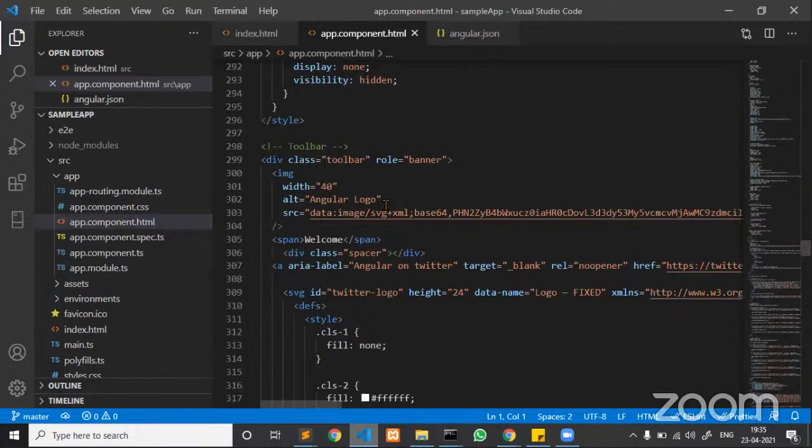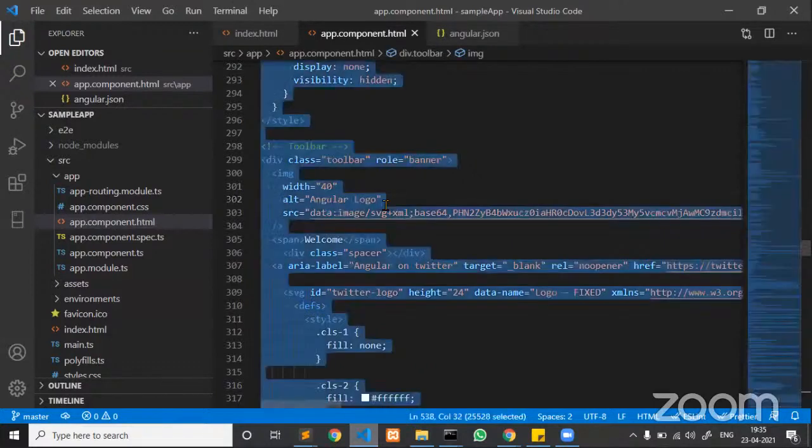Now you see here, this is a static sample page which was created by Angular. Now I don't want this sample page. Now let me delete it. Guys, listen carefully. If you go back to your